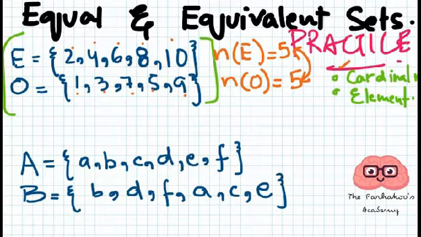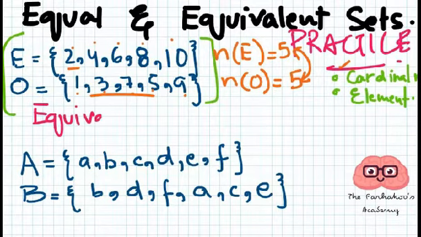So here you can see that we have 2 here, so we don't have 2 in the second one. Since these are even and odd, they are entirely different. There is no element which is same. Okay, so for equal sets, we need to have all the elements same. So here we don't have a single element which is same. This set is basically the equivalent set,